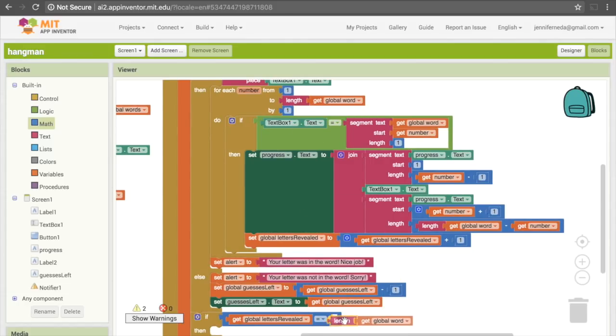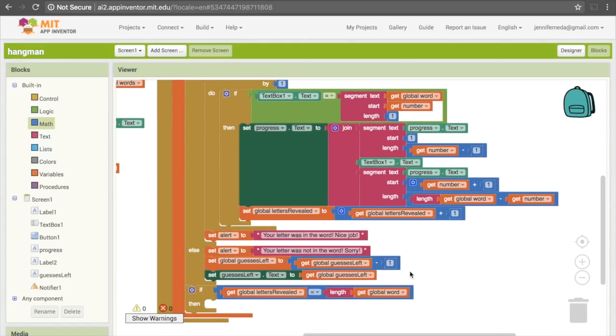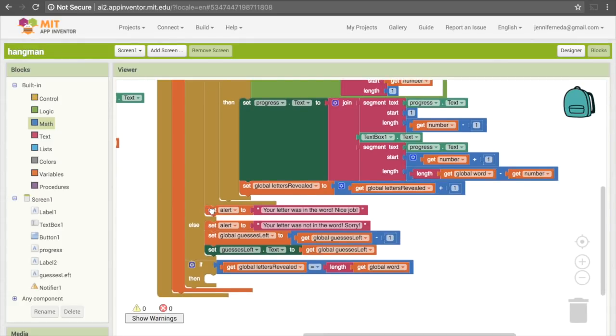By the way, anytime I'm copying and pasting things, it's also probably possible for you to get them in built-in blocks, but I just find it easier. If the letters revealed is equal to the length of the word, that means they won the game, so we want to appropriately set the alert. I'll copy and paste this alert block and change this to